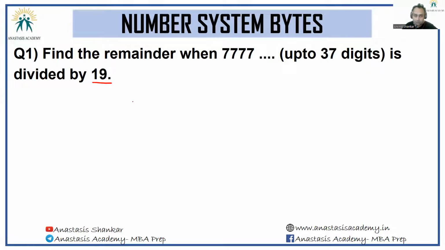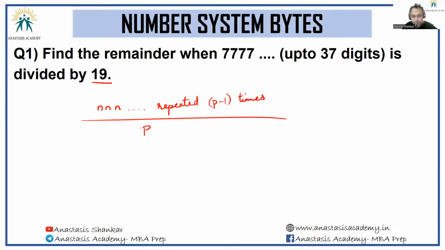So a variation of Euler is n repeated p minus 1 times upon division by p, where p is prime. This leads to a remainder of 0. So given that we are dividing it by 19, 18 repeated sevens is divisible by 19